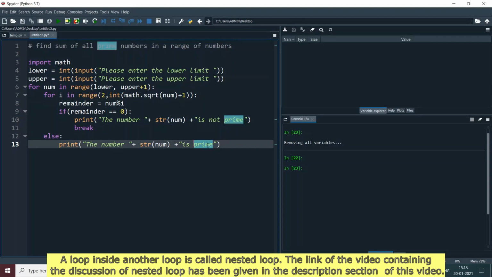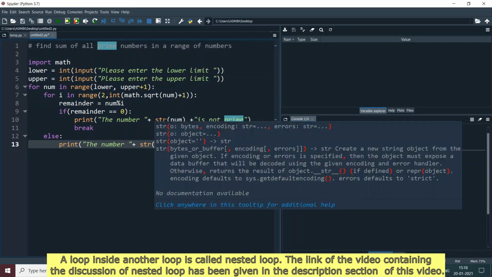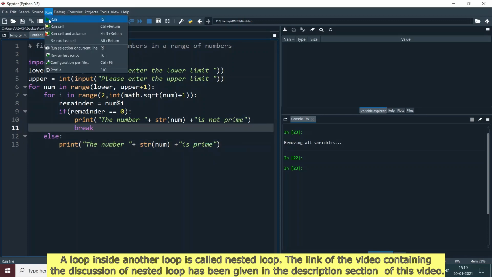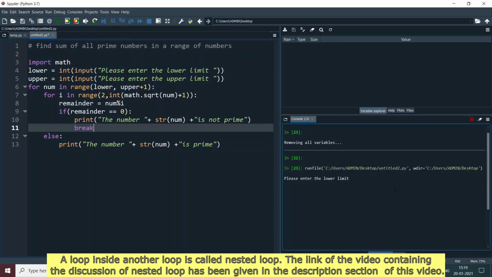Fine. So this code will actually tell us between this range, between the lower and the upper range, which numbers are prime and which numbers are not prime. Fine. So let's run the cell. Let's enter the lower limit as 3 and let's enter the upper limit as 7.